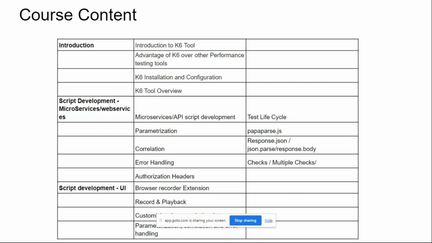Okay. Yeah. So we'll get started with the scripting. There are two categories, right? One, you will have your microservices, your APIs. So we'll first start with the scripting for APIs and microservices, and then we'll go for the scripting of your UI based applications, web based applications, where you might need to do a recording and do the scripting. Whereas for the microservices,